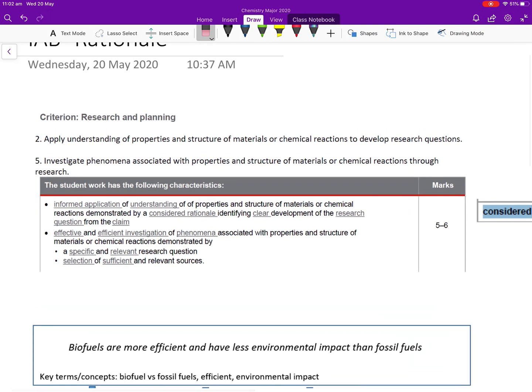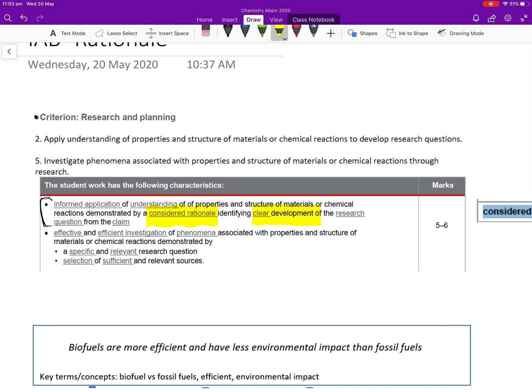Now, the best place to start if you're not sure what to do with these sections that you're writing is to have a look at the ISMG. So for the rationale, it's covered in this first part of the research and planning ISMG. So what we're trying to achieve with our rationale is to demonstrate informed application of understanding of properties and structure of materials or chemical reactions demonstrated by a considered rationale, identifying clear development of the research question from the claim. So the two big things that we're trying to demonstrate here is a considered rationale, and it has to have